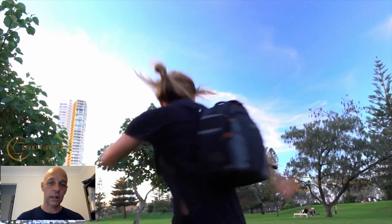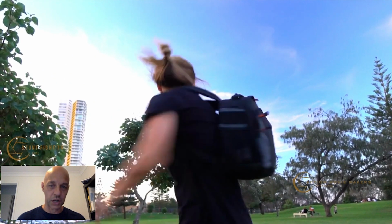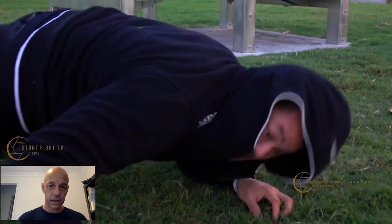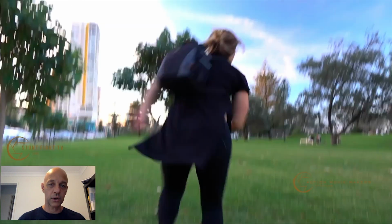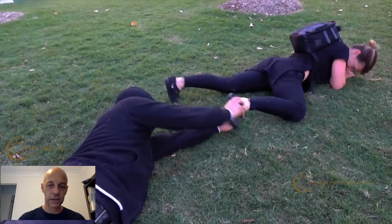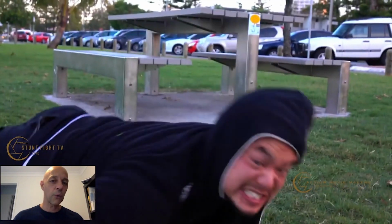Cool, so that worked really well. So here you can see distance. As you can see, Kenny's still on the ground. But as Zhanna leaves, she's created a lot of distance. And as Kenny goes to catch her leg, I do that in 2 shots. And these shots are not always easy because